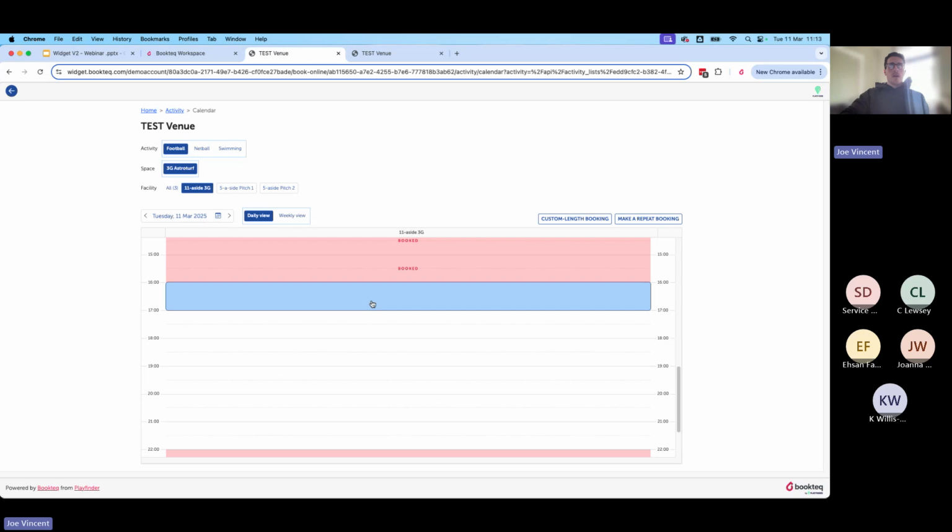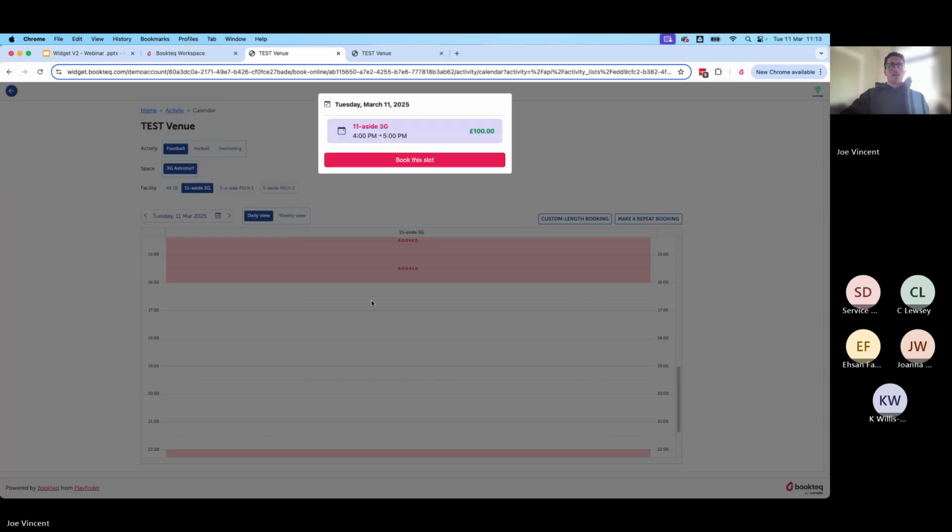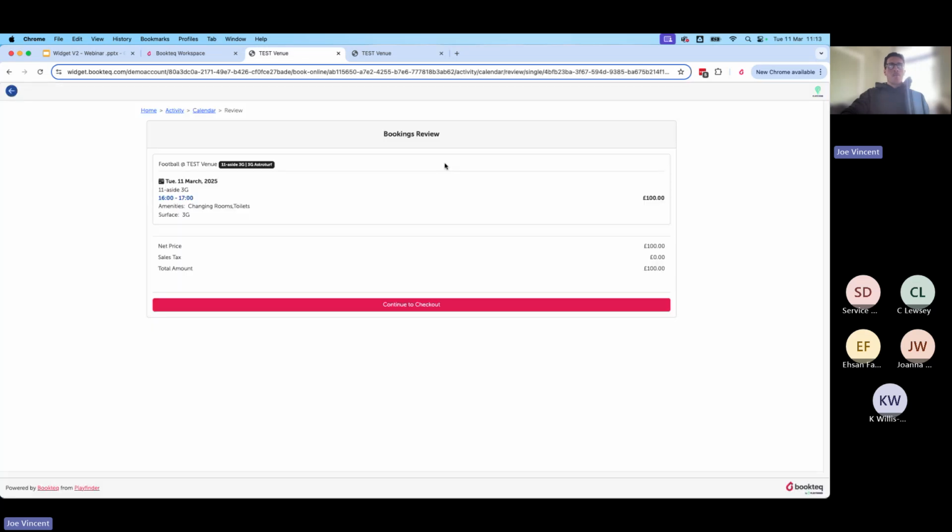So if we click into the 4 till 5 slot, it's going to come up and show the customer the price here and also the time and facility. They can book the slot. Here we'll just show you similar information to the last widget, but amenities that you have at the venue, like changing rooms, toilets available, the surface that you've put in on the back end as well as a 3G for